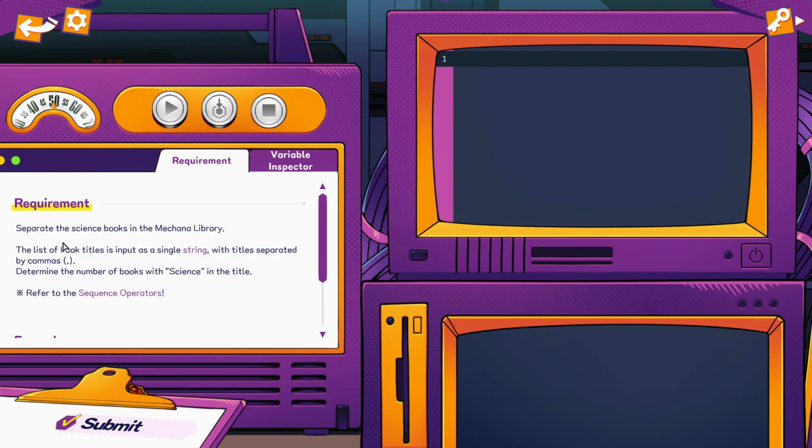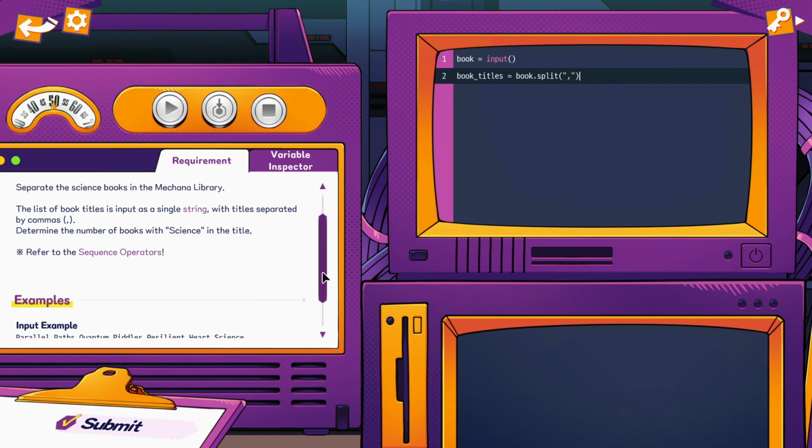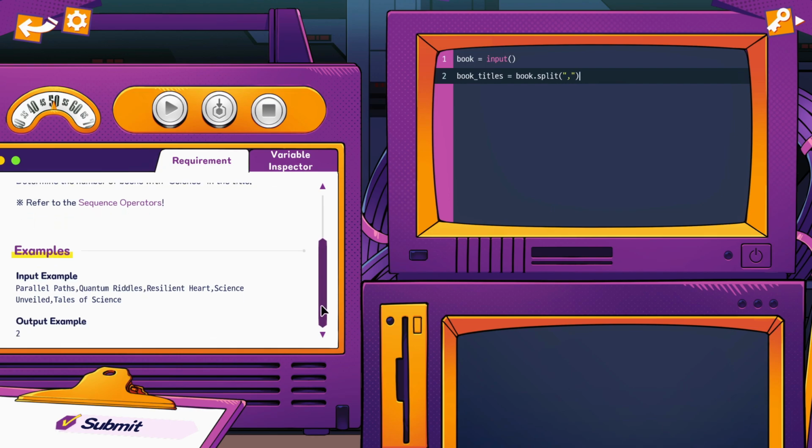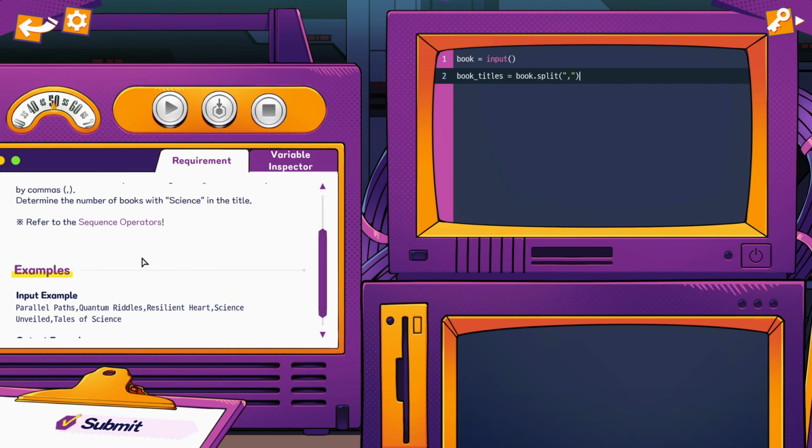Okay, separate the science book in the Mechana. So as always, book equals input. Book titles equals book dot split. They are separated by a comma, and determine the number of books with science in title. Oh, okay. And refers to sequence operators. Okay, I think I have to start with for